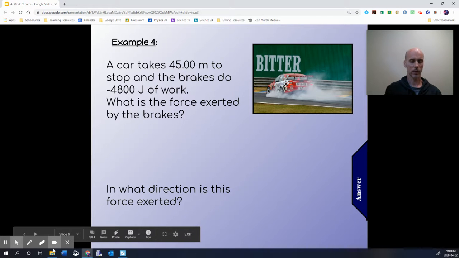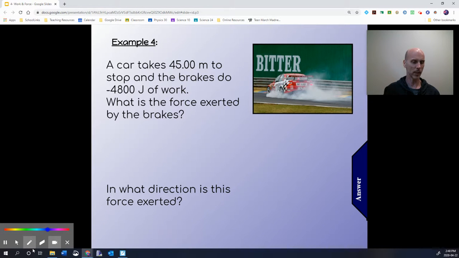All right, last example. A car takes 45 meters to stop, and the brakes do negative 4,800 joules of work. This is new. What does that mean, negative 4,800 joules of work? What is the force exerted by the brakes? Well,